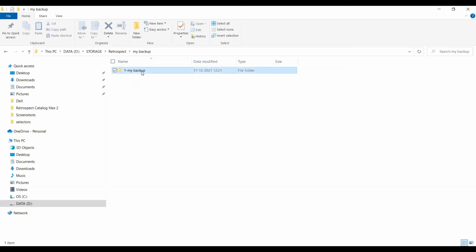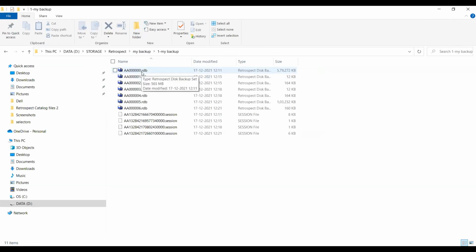So if I go inside that backup set folder, I see 2 types of file. There are RDB files, which are the user backup files. These contain your backed up data. And there are session files, which is metadata. This is the retrosec proprietary format .rdb. You won't be able to read what is inside these files. You can see that every file can grow up to 600 megabytes. And then we start writing the next file. So your data is chopped into pieces, into chunks, and saved or repacked into RDB files.